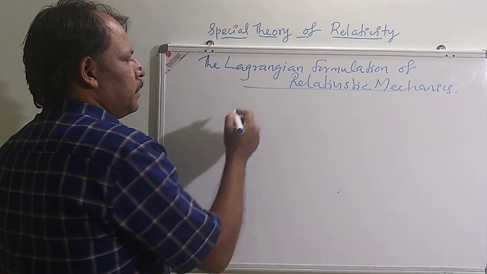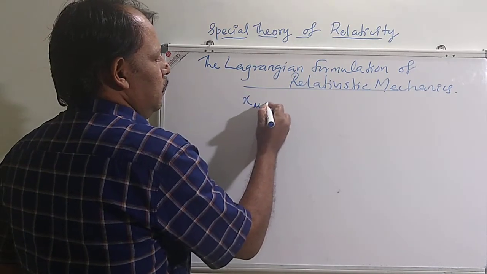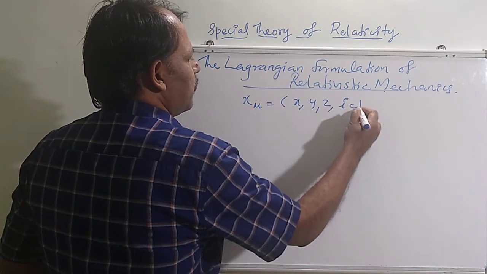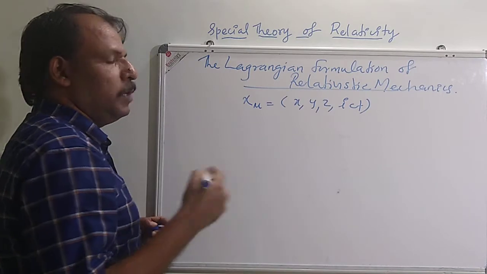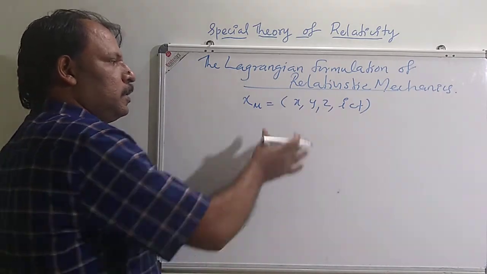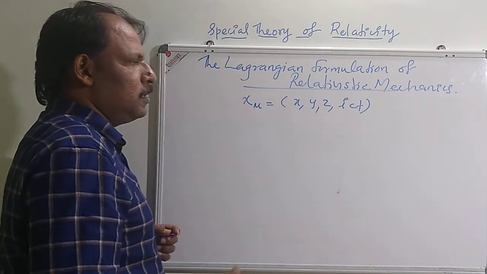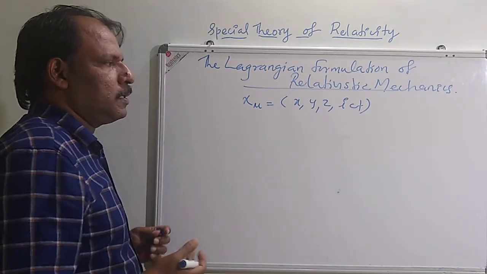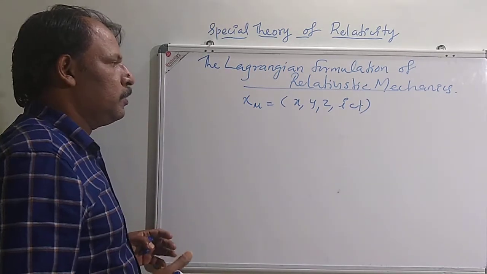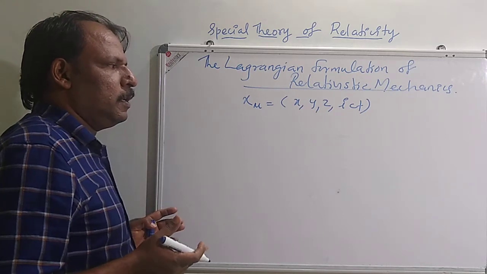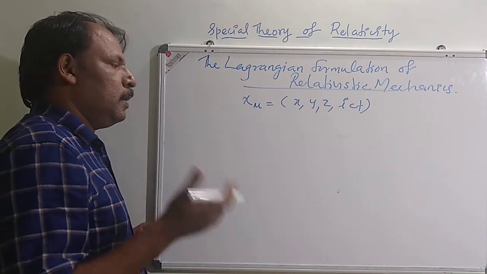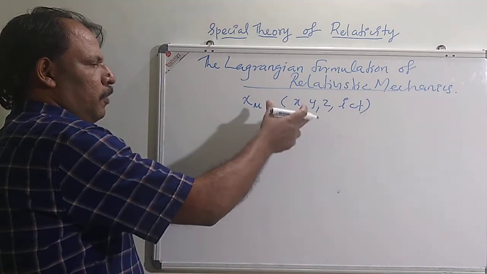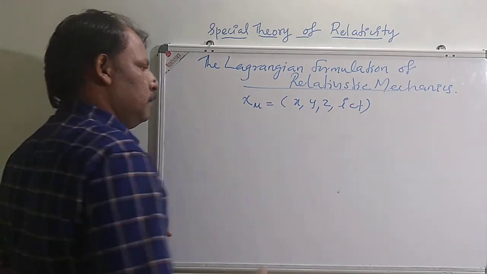In that four vector formulation, the position four vector has four components x, y, z, and the fourth component is ict. In Minkowski four-dimensional space, the three components x, y, z are space components, and the fourth component is a function of time, which is a complex number. That four-dimensional space is called Minkowski space. Once you represent the physical quantity in four vector form, then for transforming to a new coordinate system, you simply multiply this four vector by the Lorentz transformation matrix.